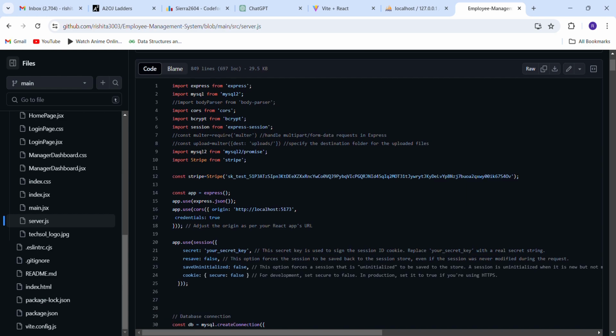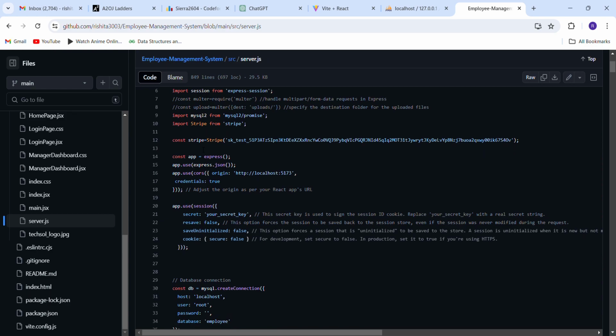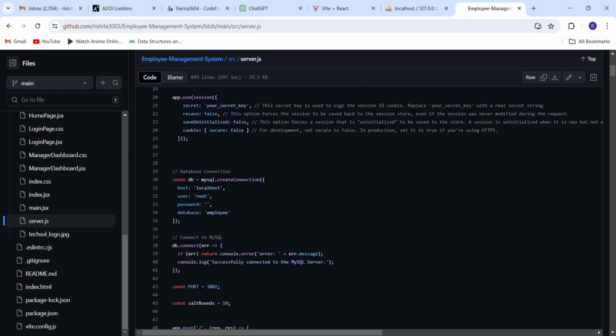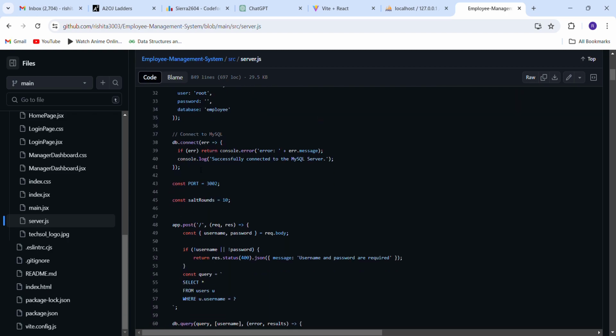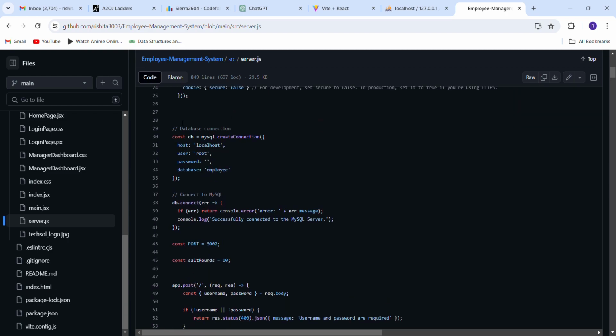MySQL2, again, some libraries for further enhancement of queries. Skipping all this part, I'm going to show you the connection part, the database connection. Basically, as the name suggests, it is there to create a connection between the database and our backend server. As you can see, it says localhost, user root, password, and the database employee, which I have created in